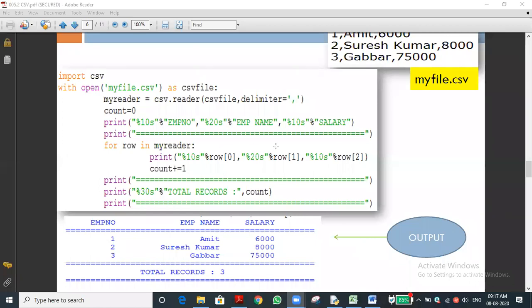Sir, for this for row in my reader. Correct. Now we are giving print 10 spaces, sir. 10 spaces means we know that it is a space, so the 10 spaces are printed. Next we are giving count plus 1 is equal to 1, sir.